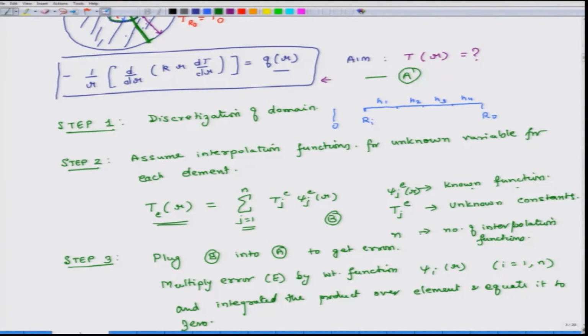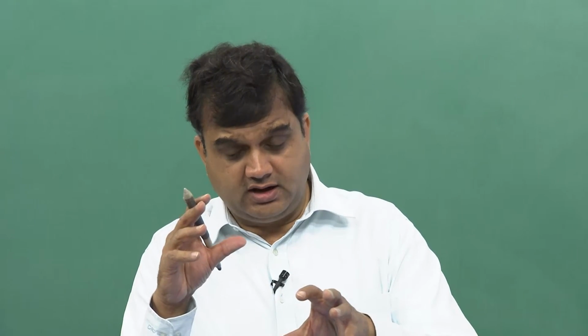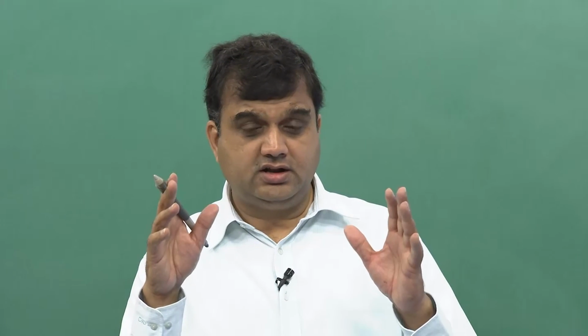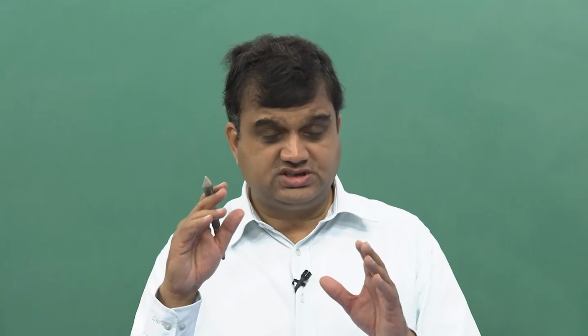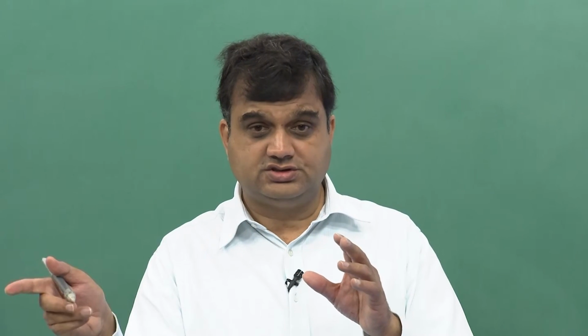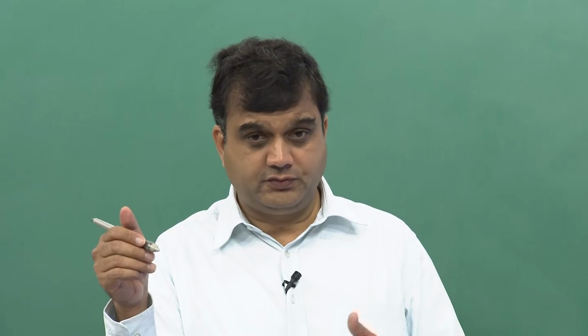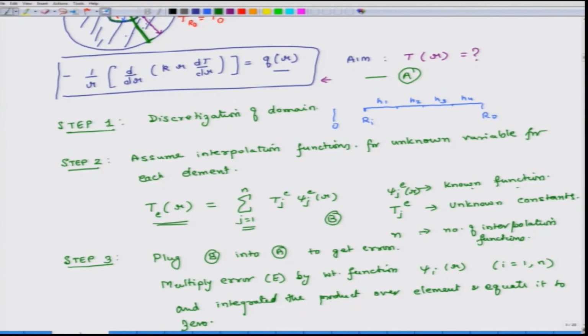So, what are we doing? What essentially in this step we are doing is we are calculating the error, assigning a weight to the error because we are multiplying it by a weight function, and integrating this overall multiple of weight function on error over the domain and equate it to 0. So, in this sense the weighted integral of the error is 0. So, that is why this is a weighted integral residual approach, okay, weighted residual approach in finite element